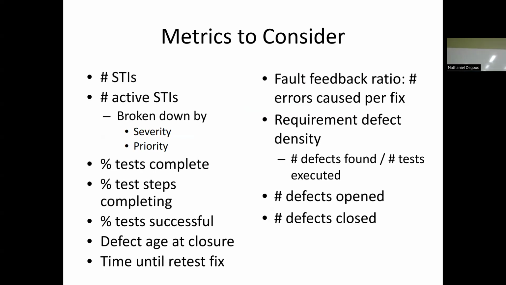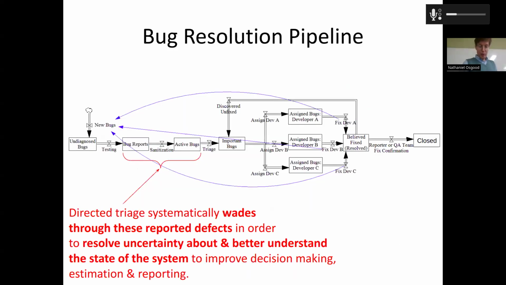Percent of tests that have actually been evaluated, and sometimes that's broken down into test steps, and then percent of tests that have run successfully, meaning they actually passed. Defect data at closure is sometimes used. That has to do with how long it is between when a bug is reported and when it is confirmed, fixed, when it's closed. How long is that? If this is a month,